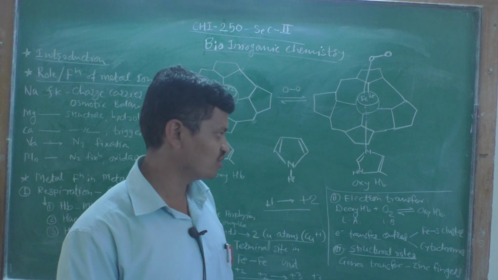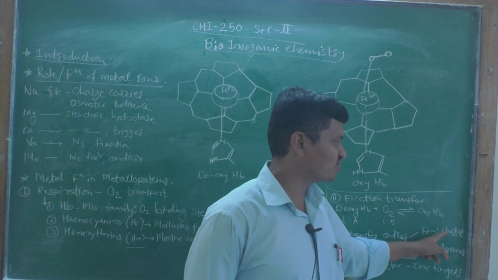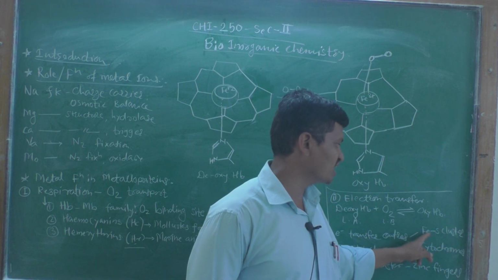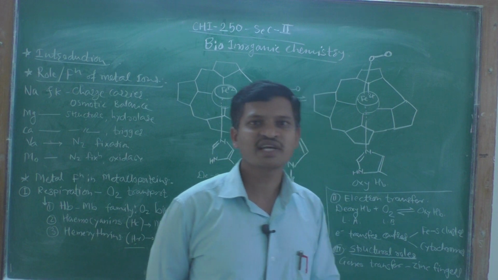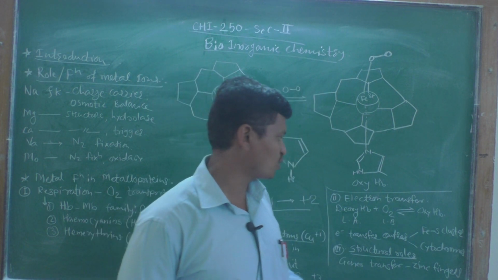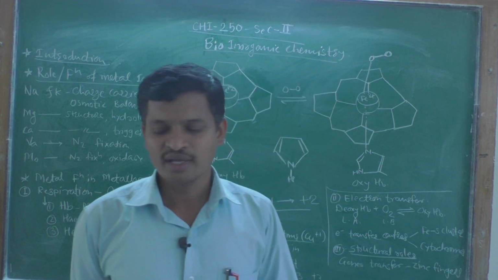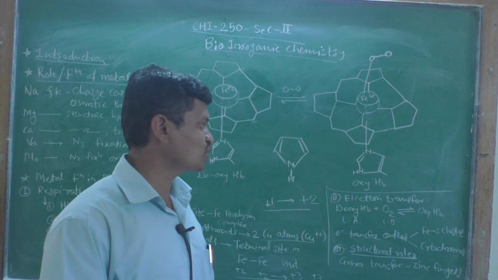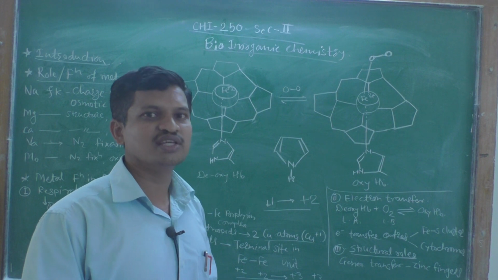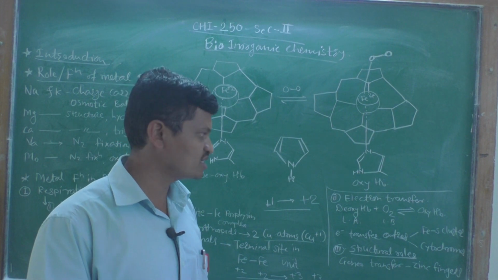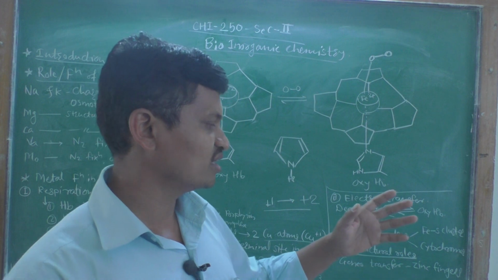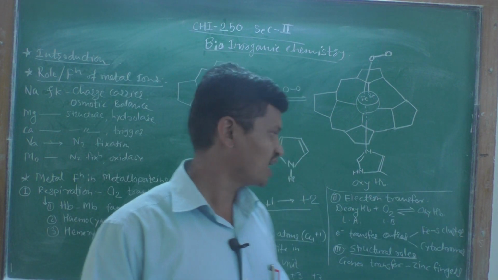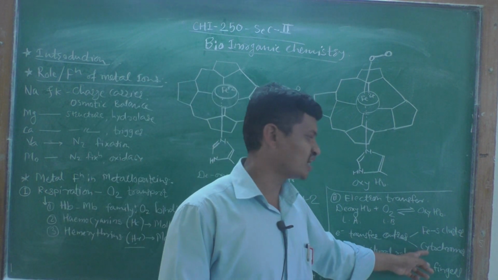Then the electron transfer centers in most animals and organisms are found to be mainly of two types. These are iron sulfur clusters, also known as FeS clusters, and the second type is called cytochromes. In your exam the question may be: what are the electron transfer centers? These are iron sulfur FeS clusters, and the second one is cytochromes.